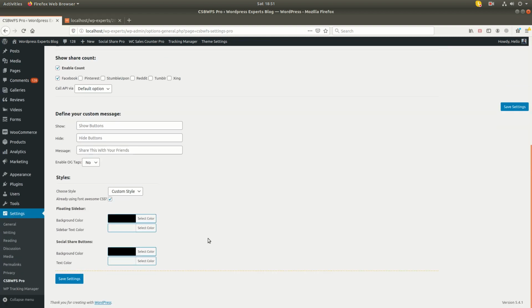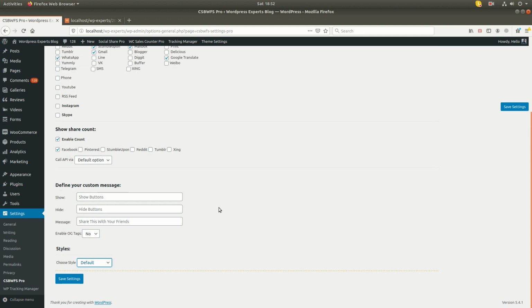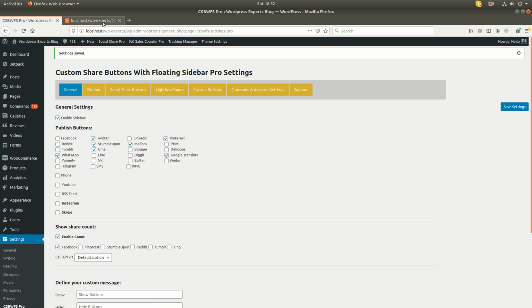So friends, you can use these features as per your site design requirement. If you want to use the default standard color, then you will need to choose your default custom style. And if you want to use the default color, then you can choose this one.